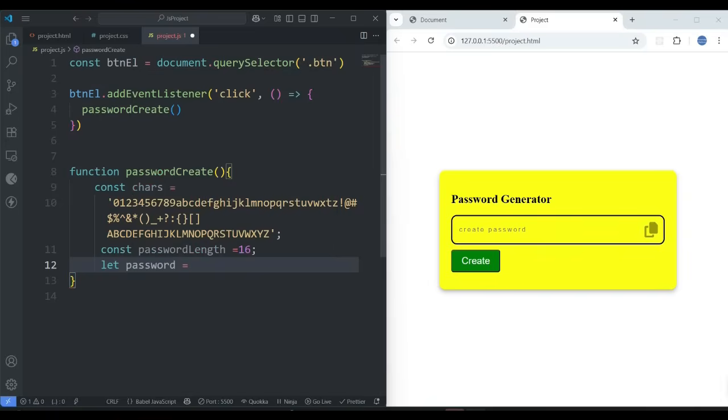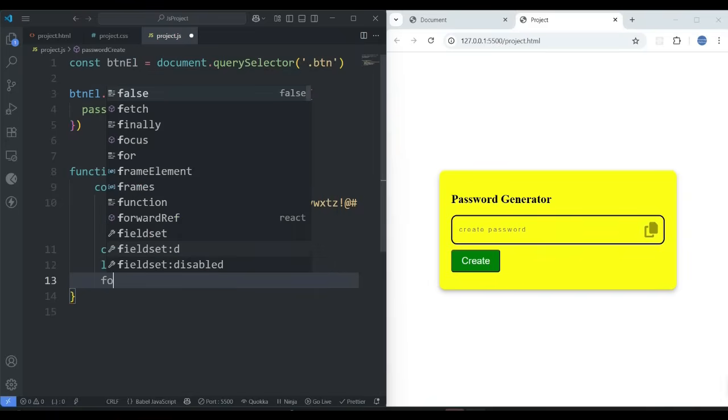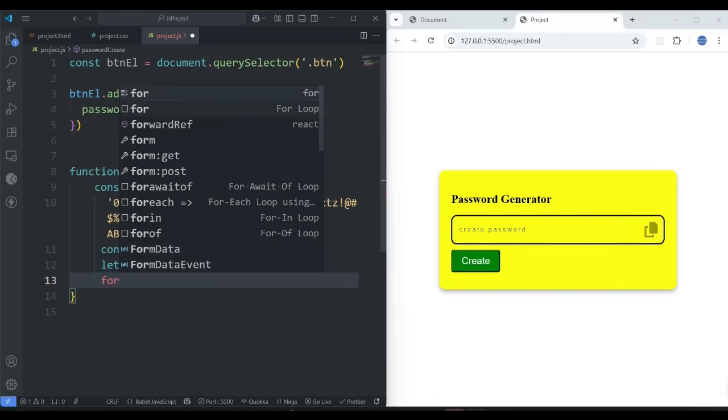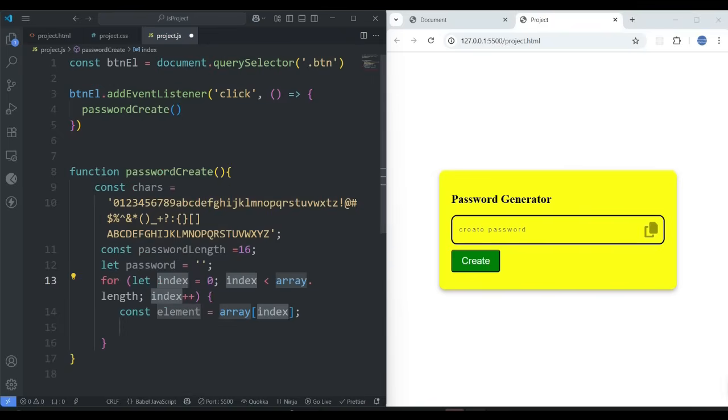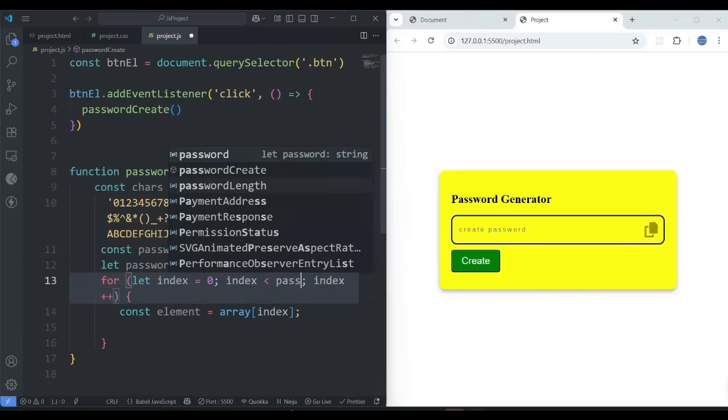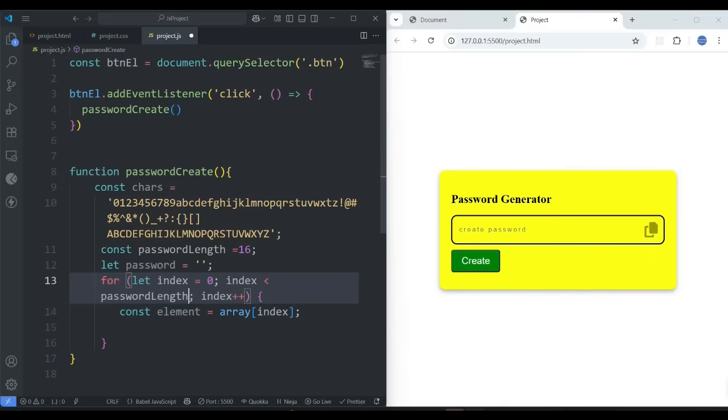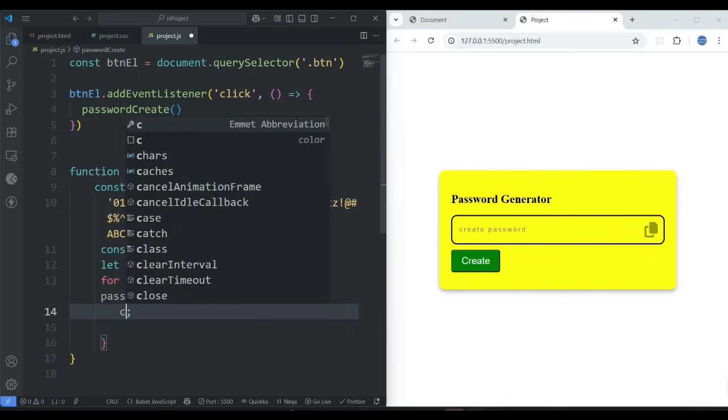let password empty string. Then I need a for loop. For, see there is the second one, for loop. Just select that. So let index equal to 0, index less than array dot length. Array dot length should be the password length. Remove that, less than this password length. Password length, then index plus plus. Then inside there constant